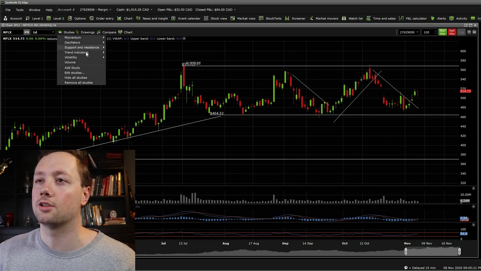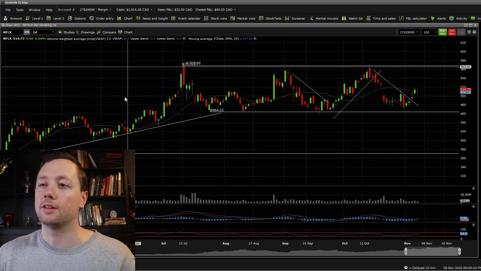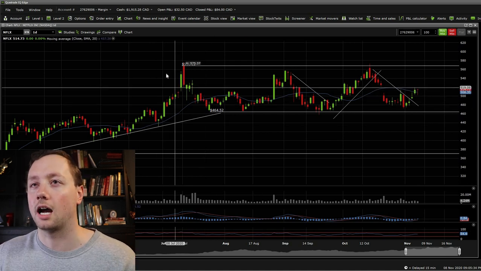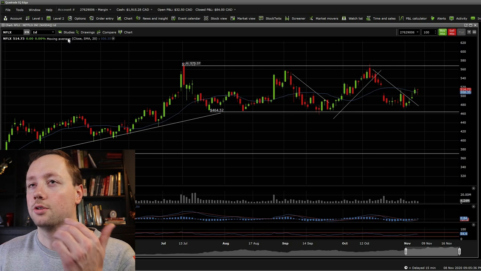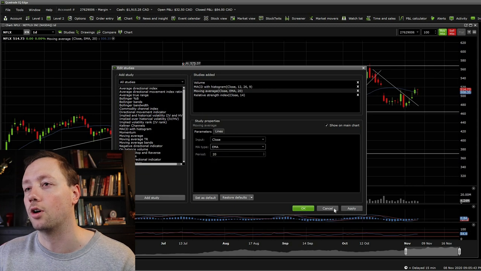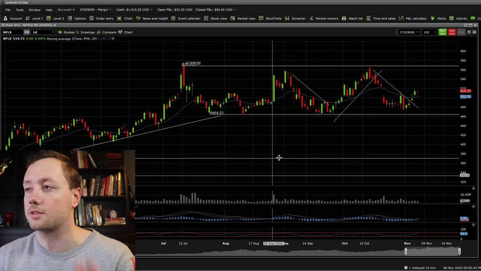You go to trend indicators and you go to moving average, and it will auto-populate this blue line here, which is a 20-day simple moving average. Now, me personally, I like to use an exponential moving average. So all you do is double click on it at the top here. You come down here and you change it from an SMA to an EMA. You click on apply and then you go OK, and all of a sudden you now have an exponential moving